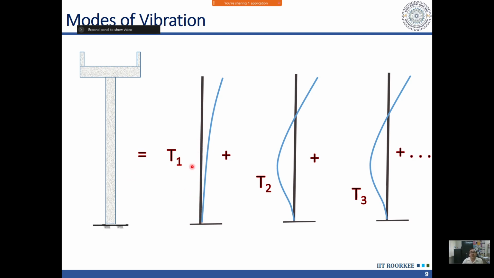The first mode, which is having the smallest frequency or the longest period, frequency and period, as you know, are inverse to each other. So the longest period or smallest frequency, that shape characterizes our first mode, and sometimes we also call it fundamental mode, because this is having the maximum contribution. Then the second mode is having one node here where there is no displacement occurring. So this is our second mode, and similarly third mode, and so on. I'm sorry, this shape of third mode is wrong. So third mode will have one more crossing with the zero line.